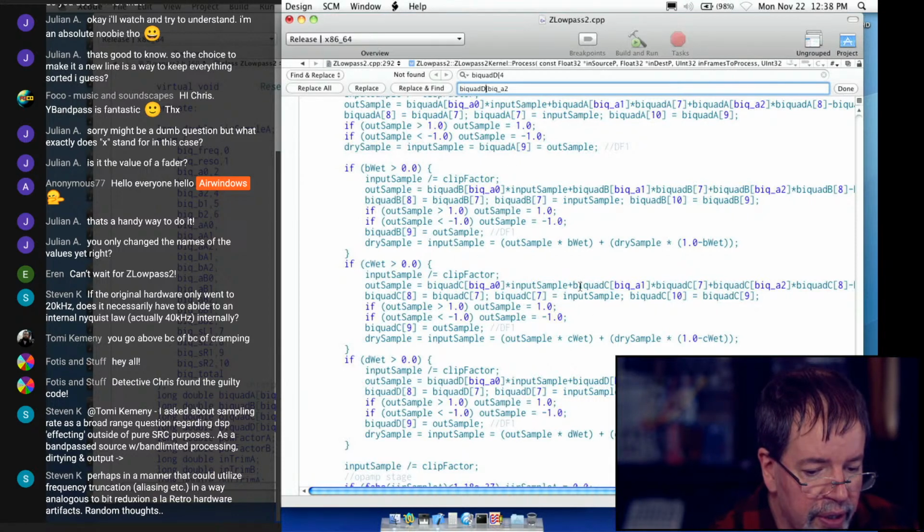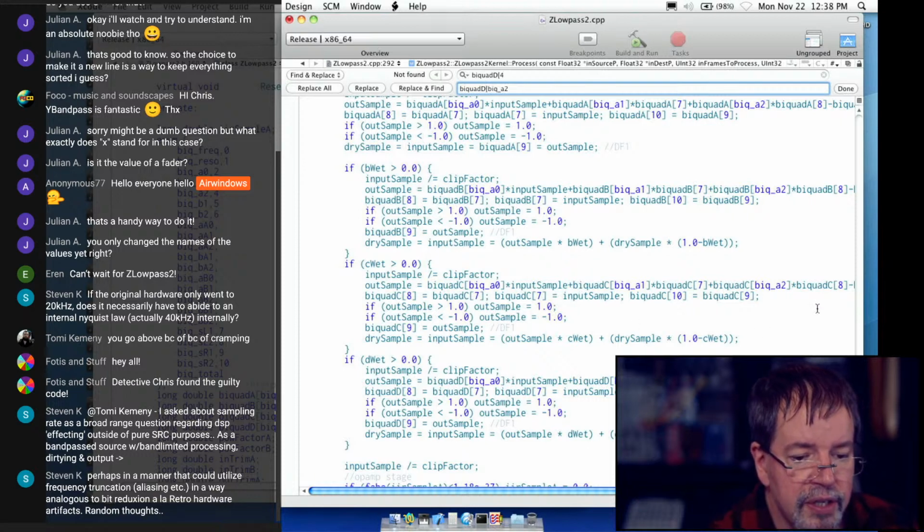And I believe that took care of D. You can see in this code here that now it's going biquad A1 times biquad B7. That's because 7 and 9 and so on, those are the, yeah, I've got like 8 and 10 and 9 and God knows what. So these come from